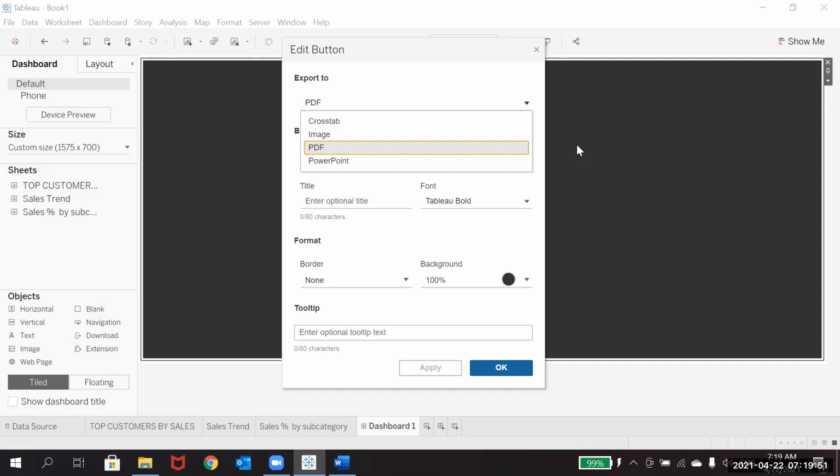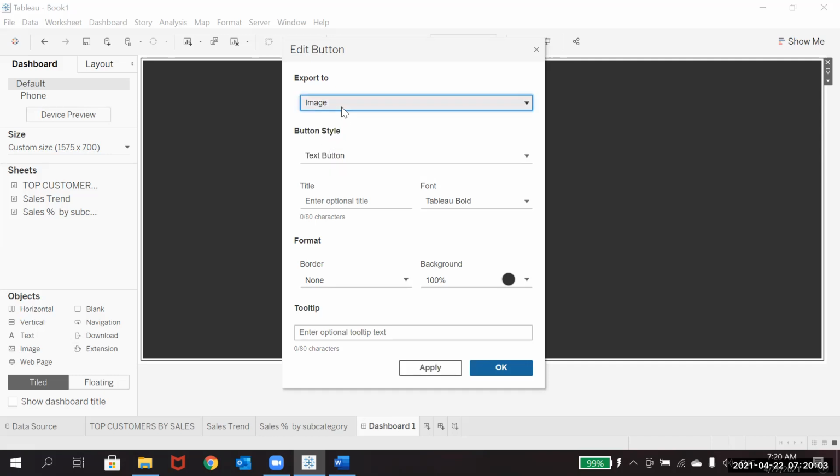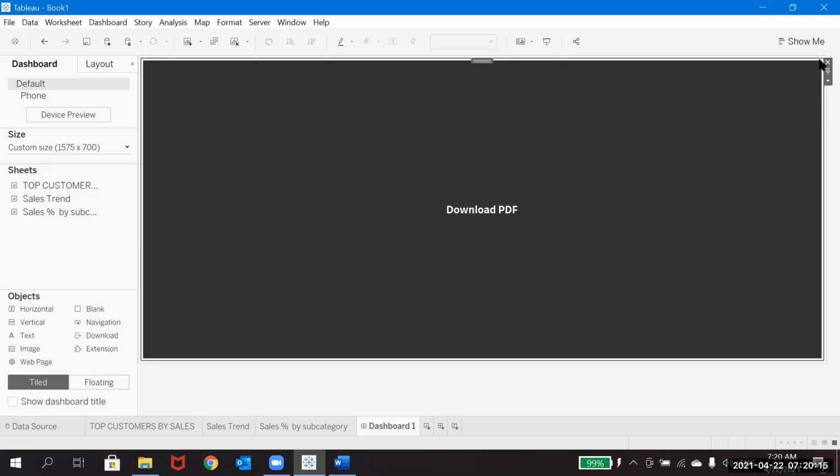You can actually use this option to download these. Crosstab means nothing but the data it will give, and image format, or if you'd like to give this as a PDF, or as a PowerPoint, you can make it. And even the title, if you'd like to set how it has to download, you can use this. We will see how we can make use of all these options. Okay,